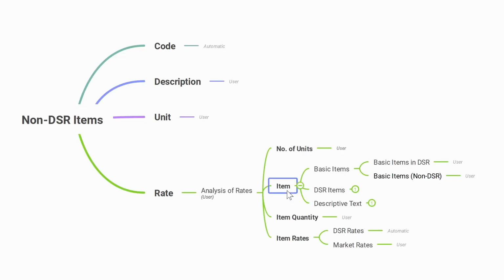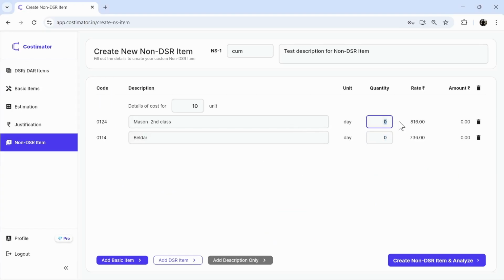All in all, when adding an item, you have the option of changing the item quantity. So this is where you can change the item quantity as well as the descriptive text if you wanted to. For now, I'll just add some random data right here. And just like that, the amounts are also updated. Next up, we have the